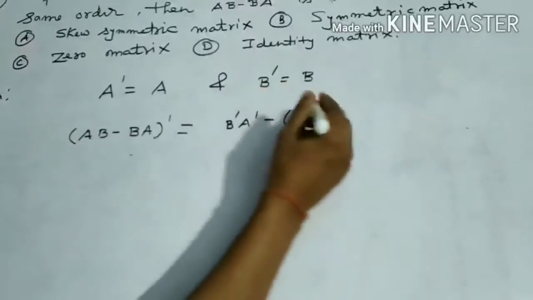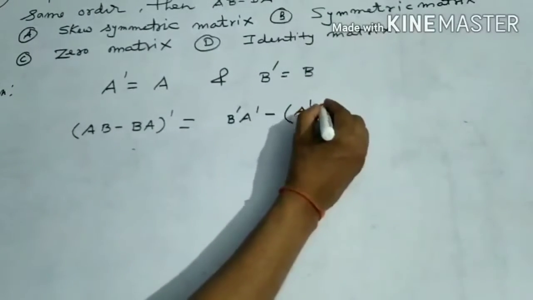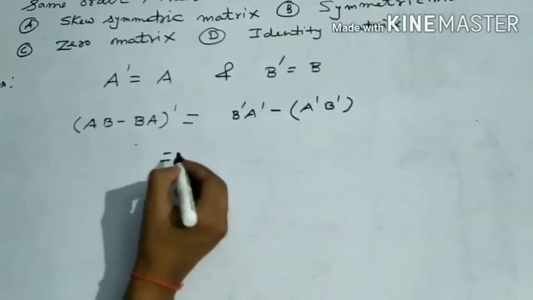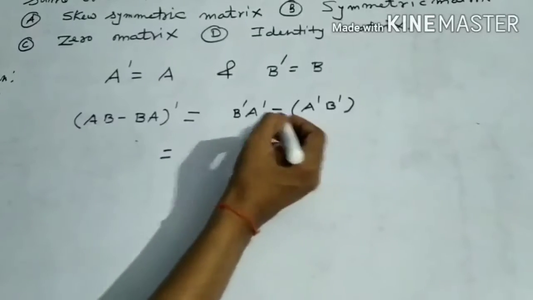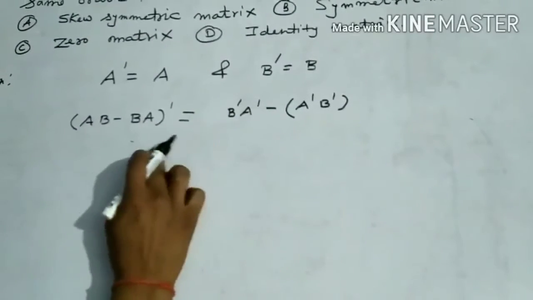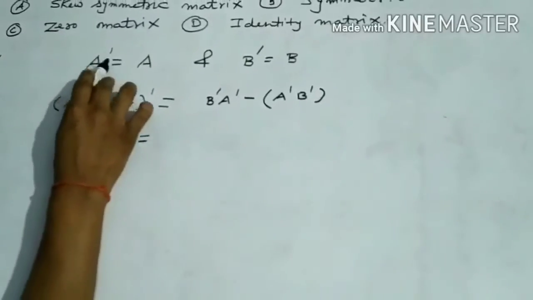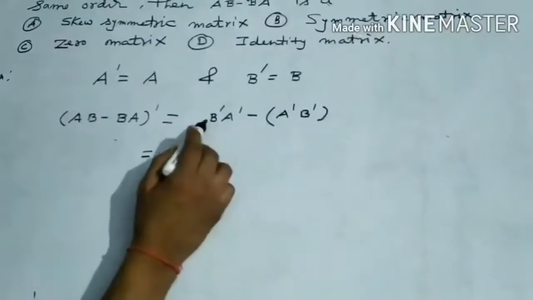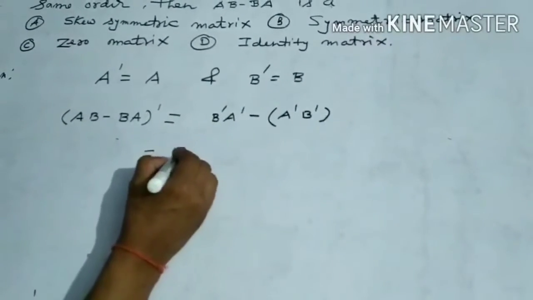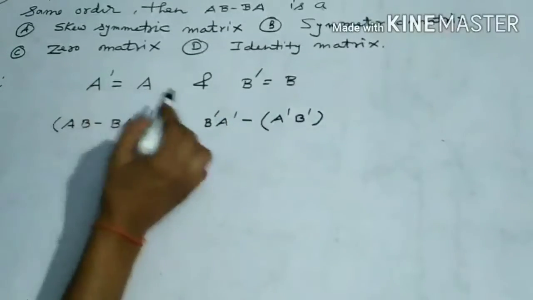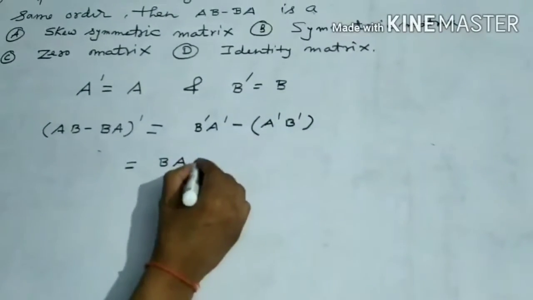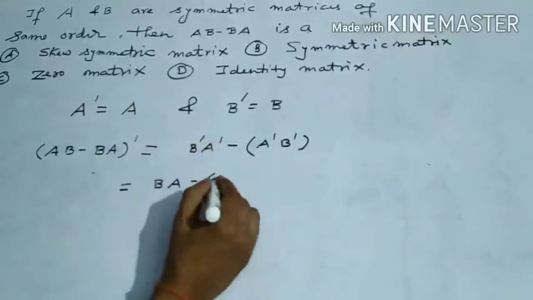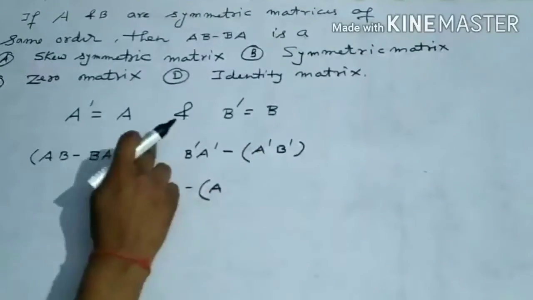A transpose B transpose. From this, we have to see what is given. A transpose is equal to A, and B transpose is B. It means that here we can write B, and in place of A transpose we can write A. This is minus, in place of A transpose we can write A, and in place of B transpose we can write B,